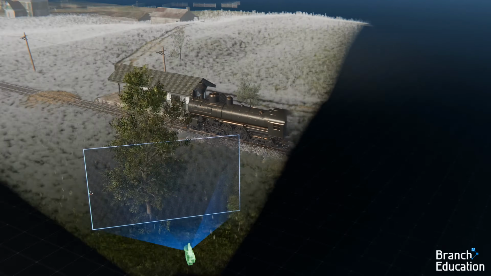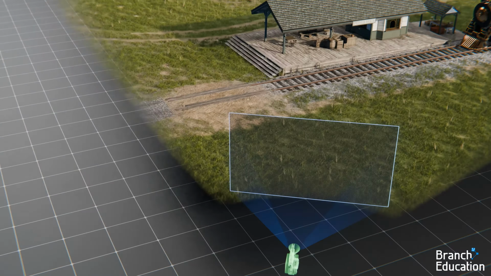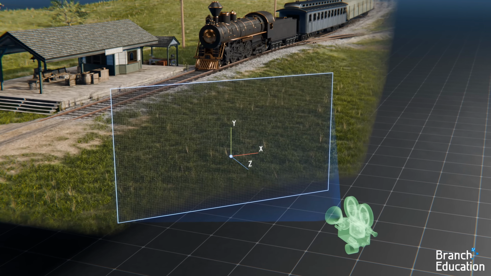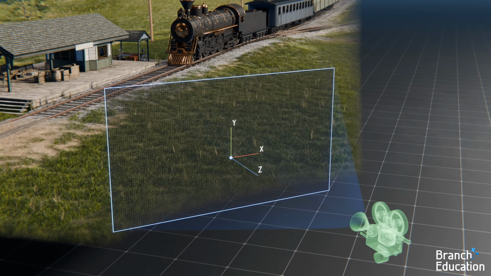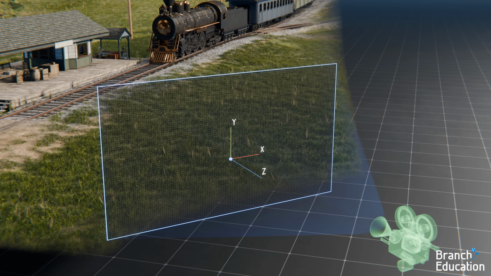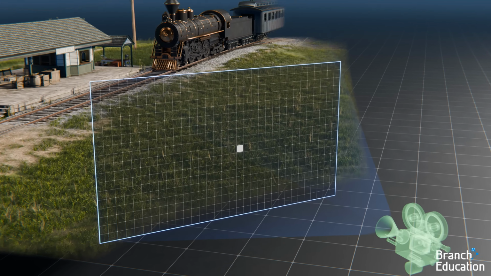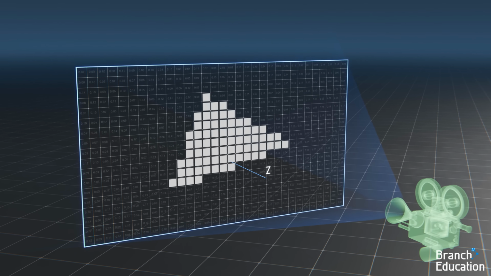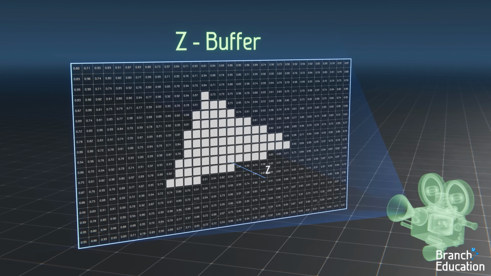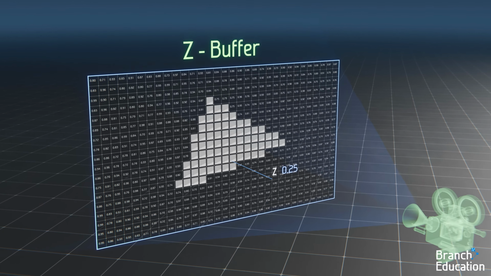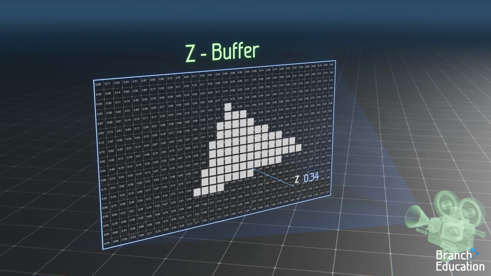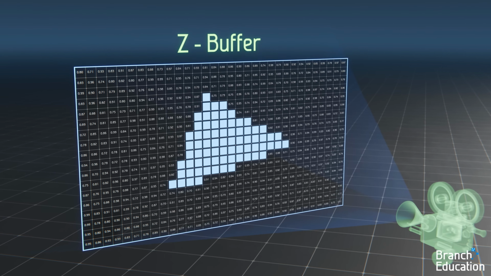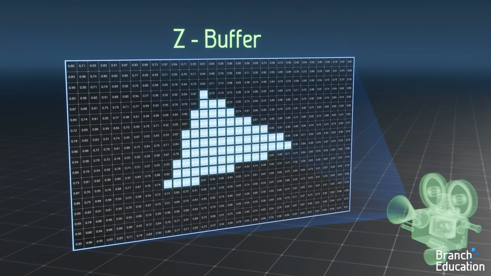In the previous step, when we did the vertex transformations, we ended up with X and Y coordinates, but then also got a Z value that corresponds to the distance from the transformed vertex to the camera. When a triangle is rasterized, it covers a set of pixels, and the Z value or depth of the triangle is compared with the values stored in the Z buffer. If the triangle's depth values are lower than those in the Z buffer, meaning the triangle is closer to the camera, then we paint in those pixels using the triangle's color and replace the Z buffer's values using that triangle's